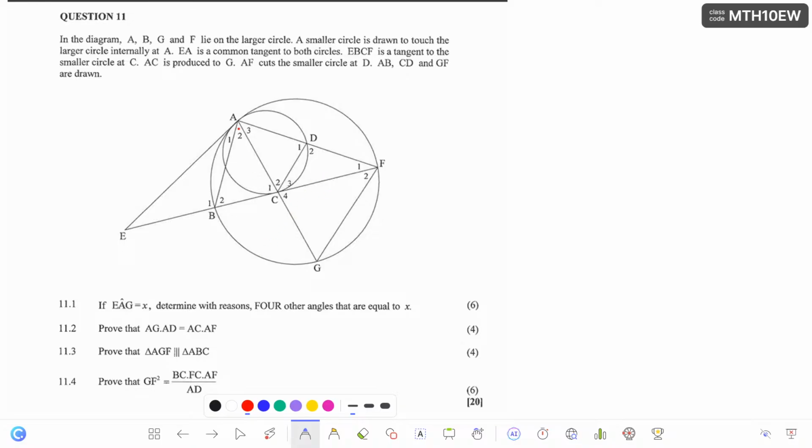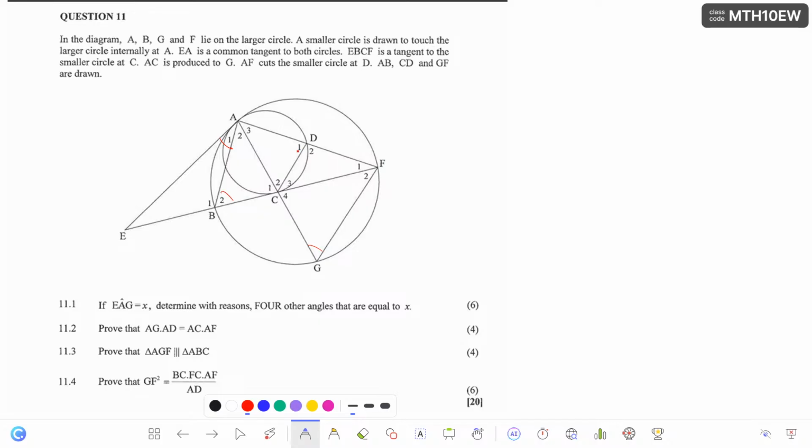What else? I also see angles subtended by the same segment, which is this one. I also see this angle is equal to